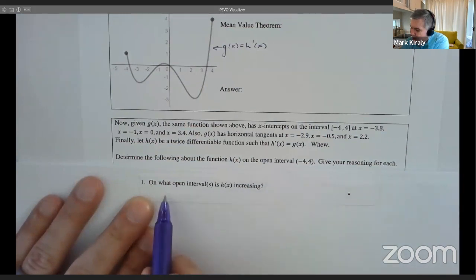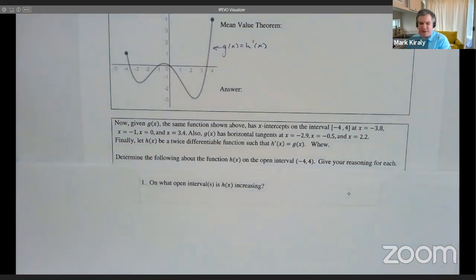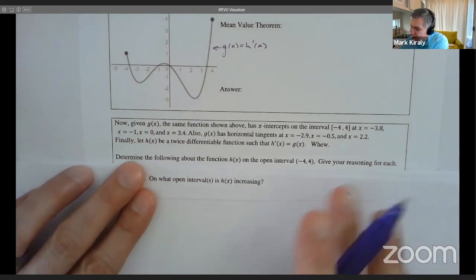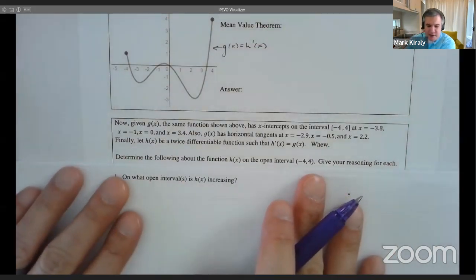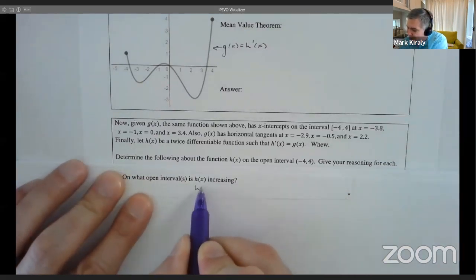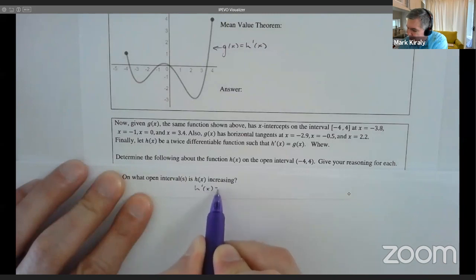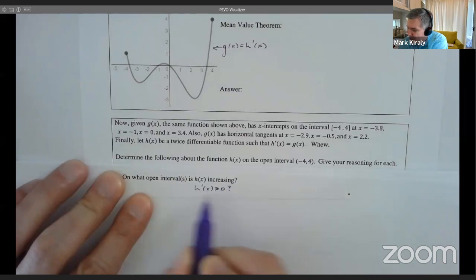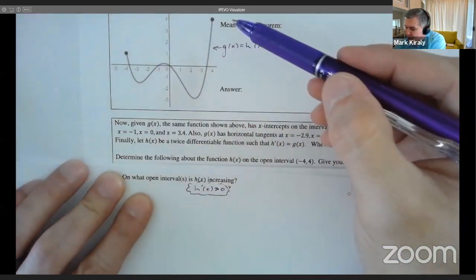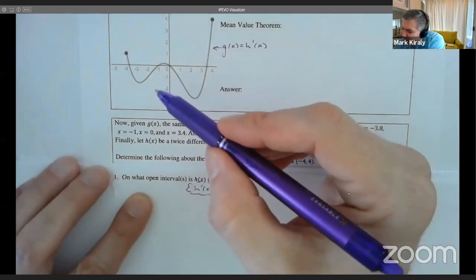And they want us to give reasoning on what open intervals h of x is increasing. Well, when is h of x increasing? The easiest test for that, and it is a test, not a definition, is we want to look at where h prime of x is greater than 0. And so I happen to have a graph of h prime, and it looks like it